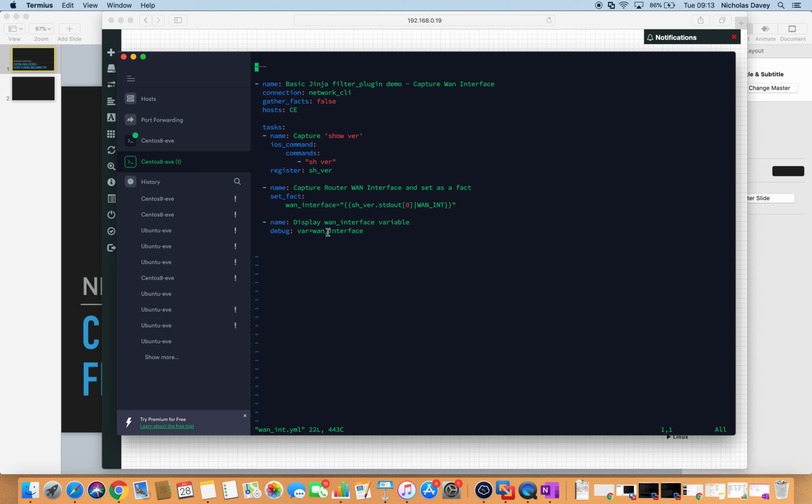So in this one, I'm going to get the same value, but when you go through this step, this wan interface is now a fact in your playbook run, so you can use that in your Jinja templates if you enclose it in double curly braces like you would any other variable. And if we just run this,